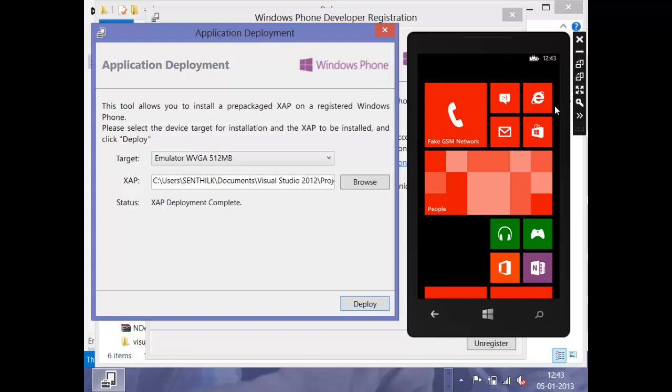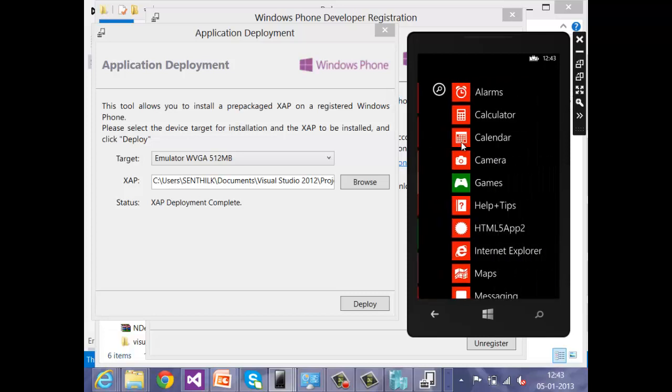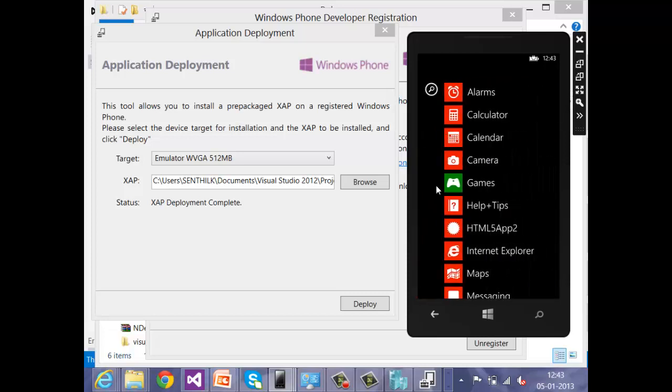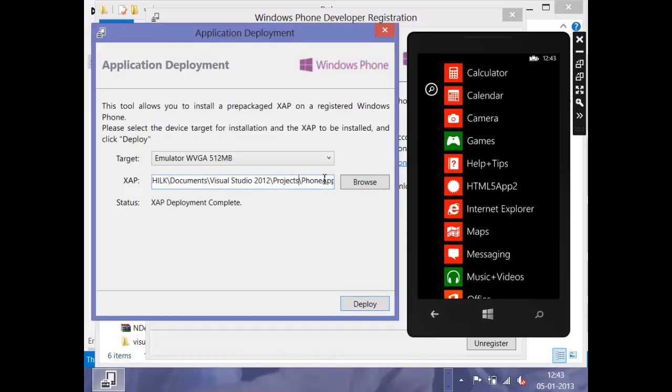When I go to the list of applications, I'll be able to see the new app here. It is Windows Phone App 6.